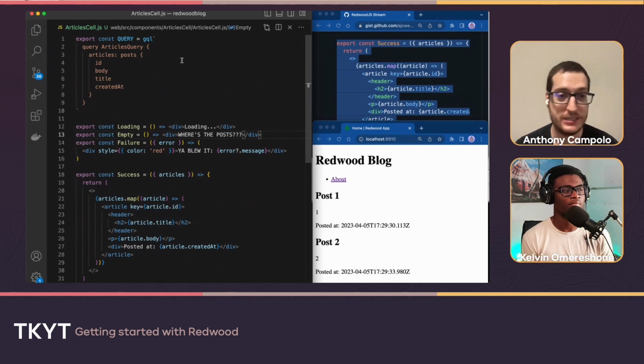Whereas Redwood's like, you don't need to do that. You'll never need to do that at any point in time with Redwood. This is all handled for you. So this really saves you a lot of time if you're creating a project with a lot of data fetching.